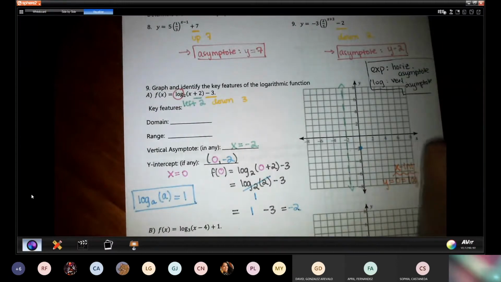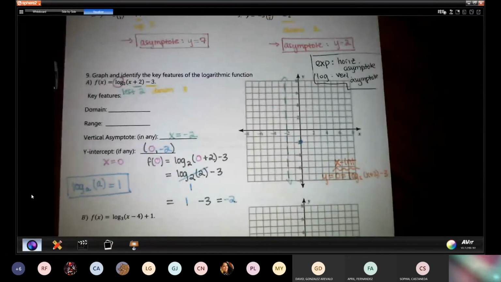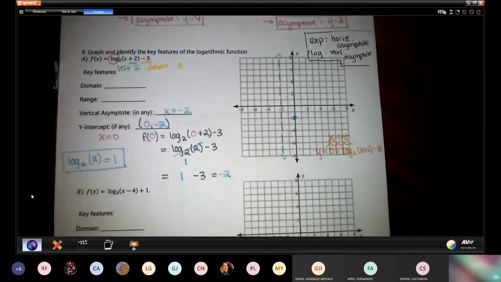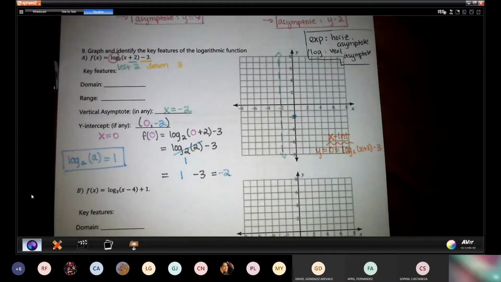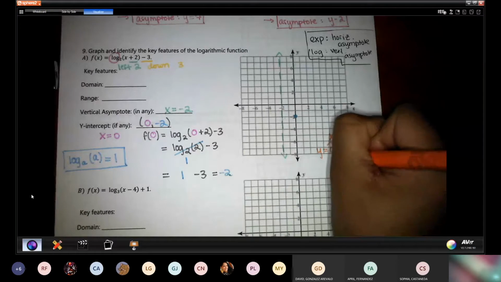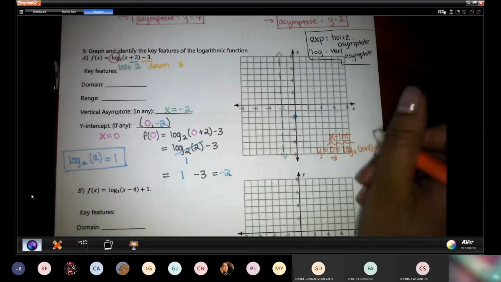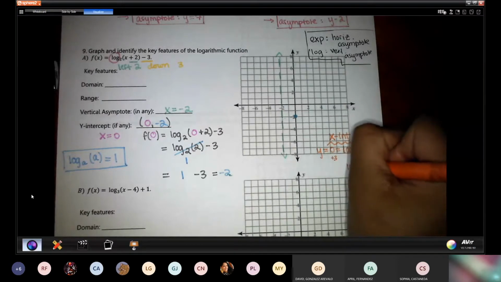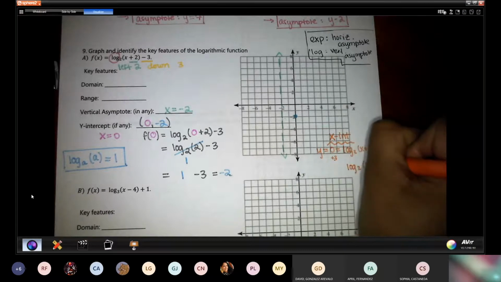So log 2 of x plus 2 minus 3. All right. And so from here, we're going to just solve as best we can. So we're going to add 3, right, to both sides. Right? Cancel it out. All right, so we're left with log 2